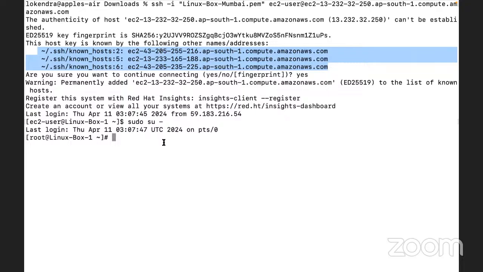That is why it is saying that multiple keys are stored within this particular file for the same host. We need not worry, because we understand very clearly that we are stopping this machine every day after this class, and we start utilizing the same machine once again the very next day. In AWS, if you stop your machine and start it again, then the IP address will get changed, until and unless you assign a static IP address to your machine. Clear? Yes, sir.